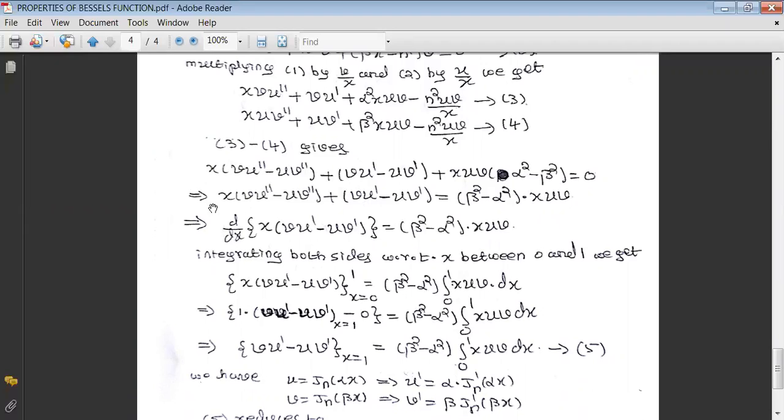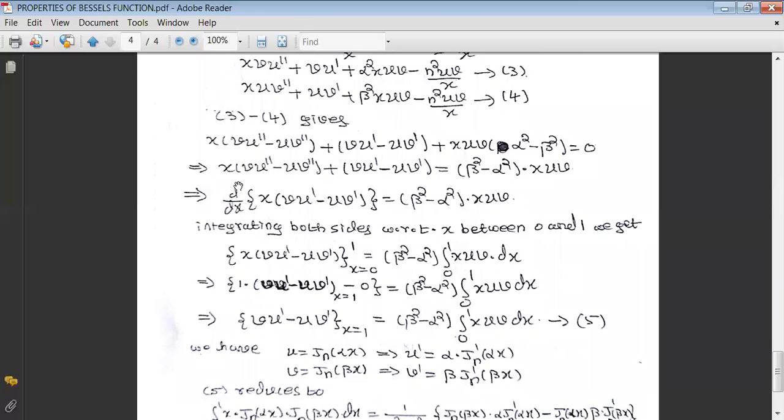Now the LHS, these two terms can be written as a single term, as the derivative of x times (v u dash minus u v dash), and the RHS is kept as it is, because when you differentiate this term by applying the product rule, we get the earlier expression. That is why it can be rewritten in this fashion. Now, integrating both sides with respect to x between the limits 0 and 1, we get